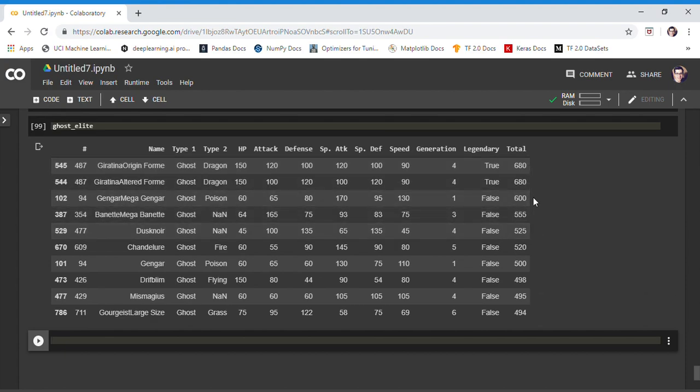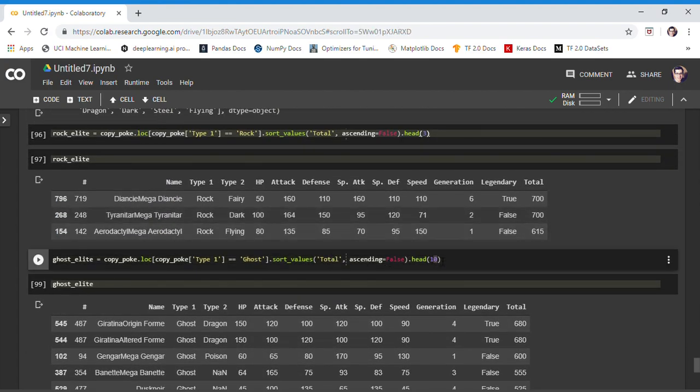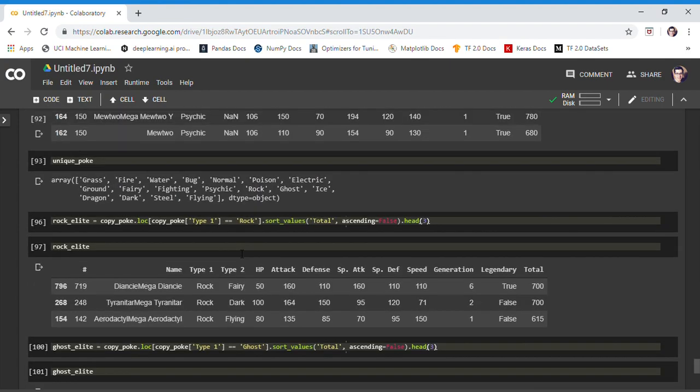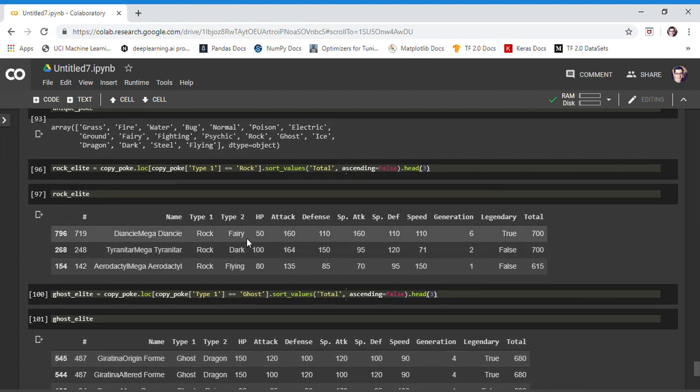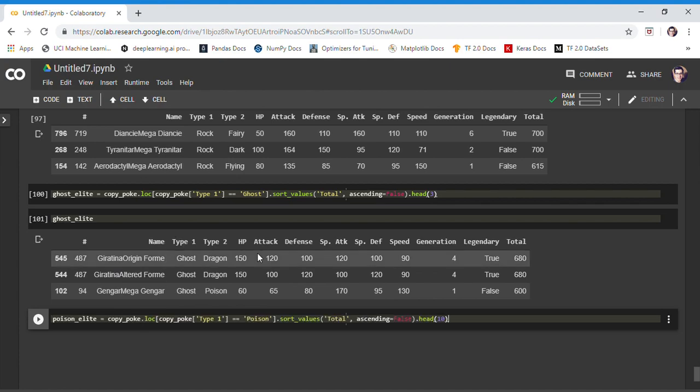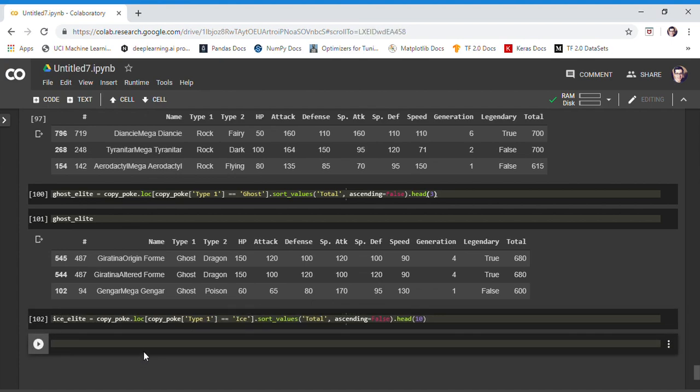Alright, so we got our clear 3 there. So let's just change that to 3. Alright, so after ghost we have ice. Ice, ice baby. So we got the ice elite next. Let's call that